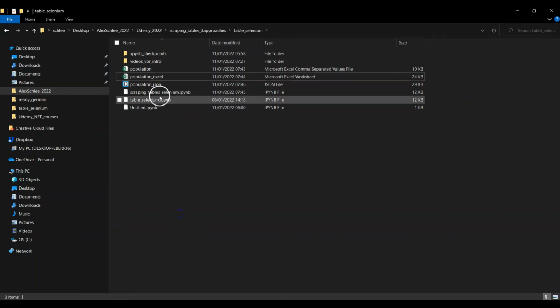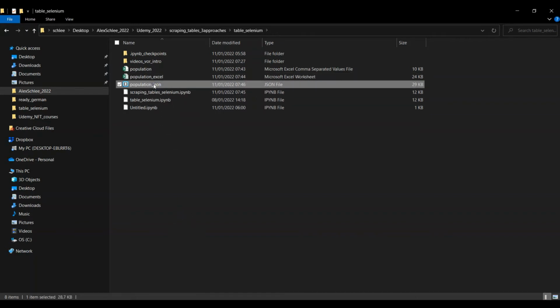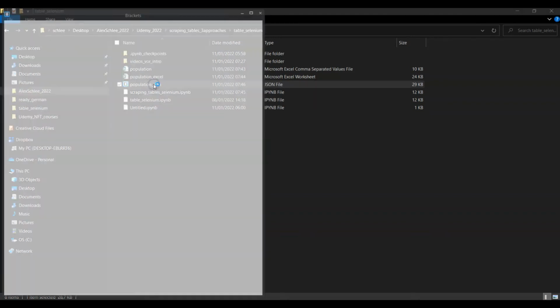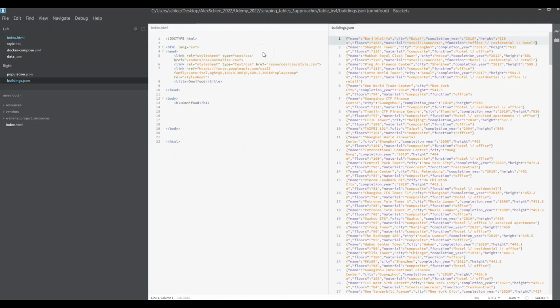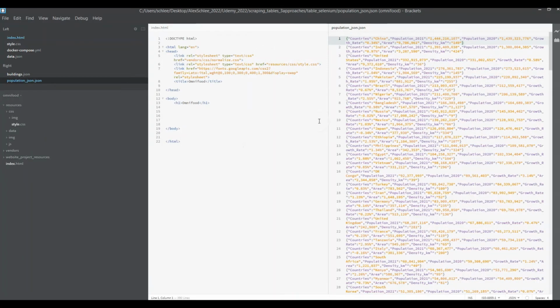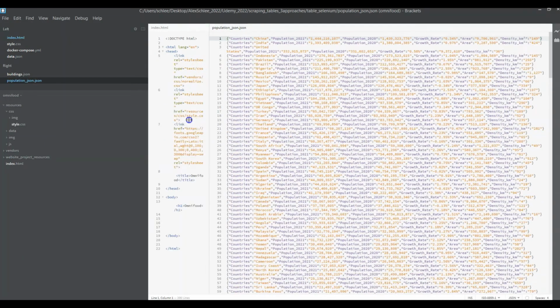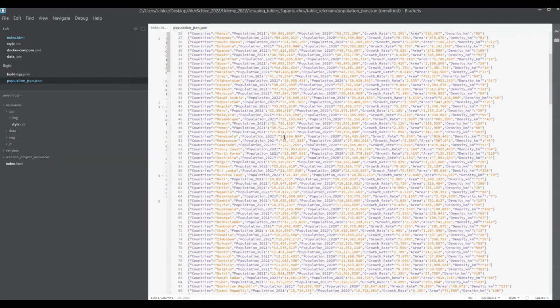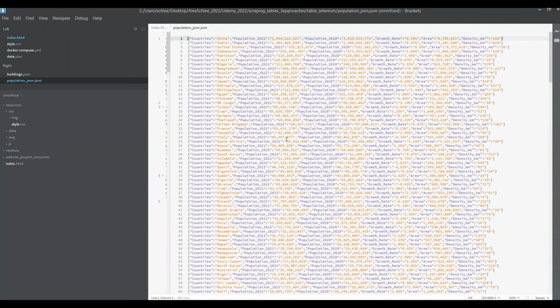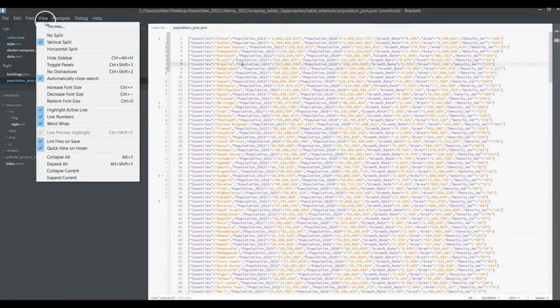Open up the folder, and you see here I have this JSON file which was created just in this second. So double click here. Let's go ahead and take a look. This is not necessary for us, but here we have now created this JSON file. I know this is pretty small, but for example, if you want to, you can go to view, go to horizontal